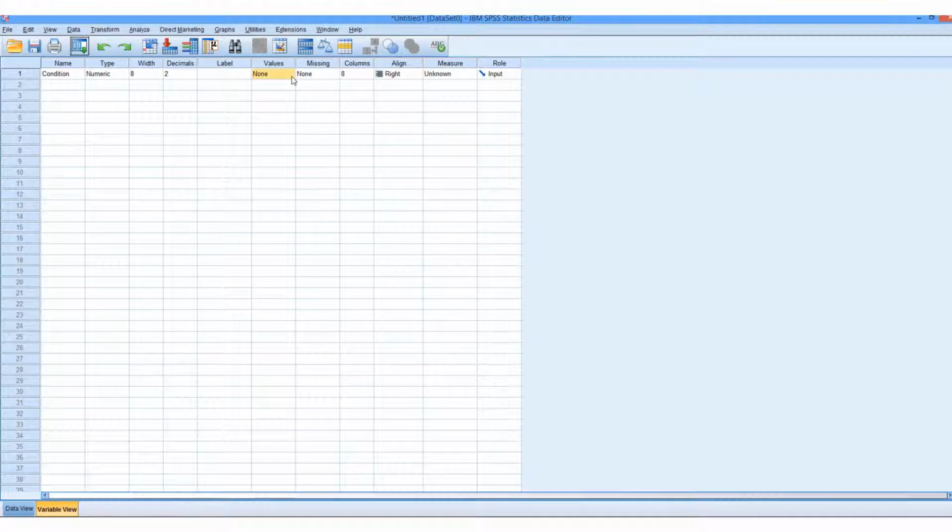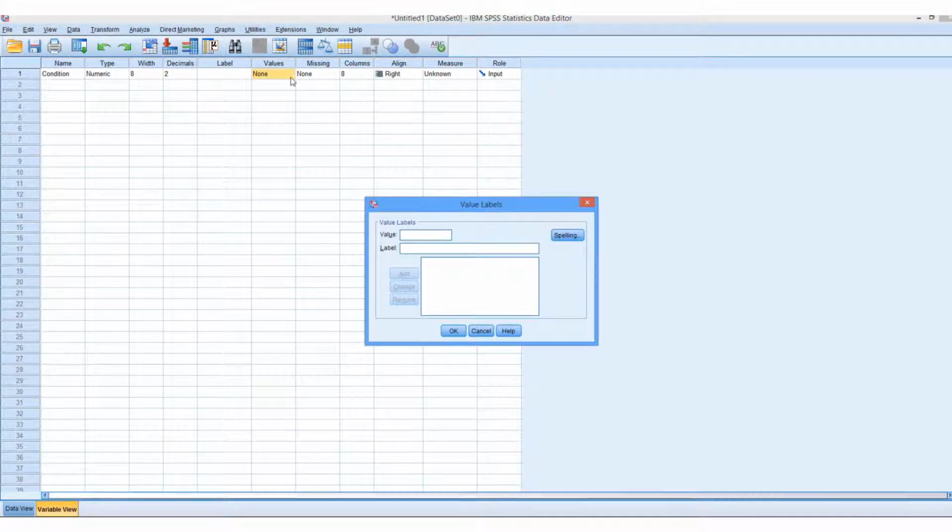So if we click onto values, we need to tell SPSS what we mean by this. If we click on 1, we're saying that everyone with 1 is in the nursing home, no spaces, and remember to click add, and then number 2